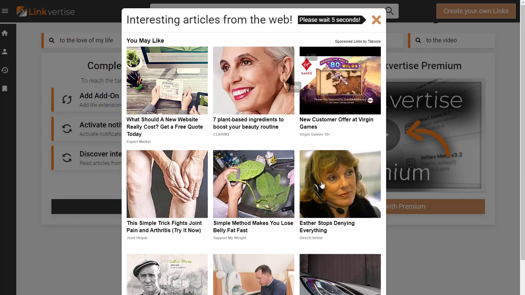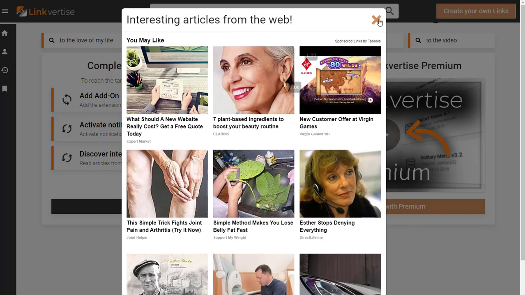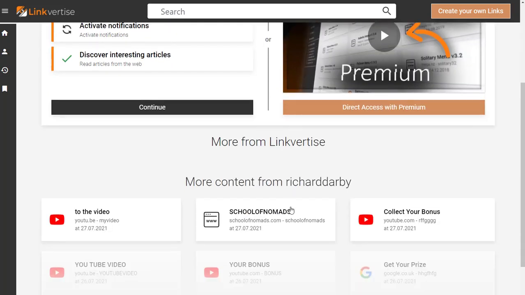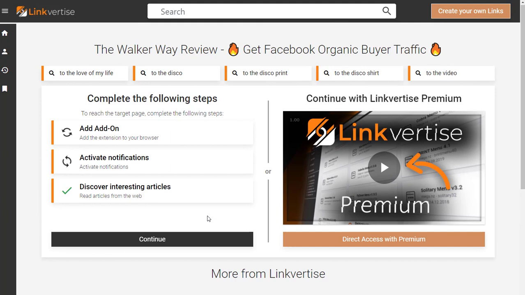Now, this is going to be a big issue with most niches I see, because if I go ahead and share this in my particular niche as an affiliate marketer, I wouldn't want people to be coming and seeing all of these adverts first. It's too much of a distraction, and I see that most people would end up clicking off. So I'm not really sure in my niche this is going to be very useful. So basically what happens is I can't continue now until I've done all of these actions, okay? Which is a big issue for me, unless I go ahead and join the premium.